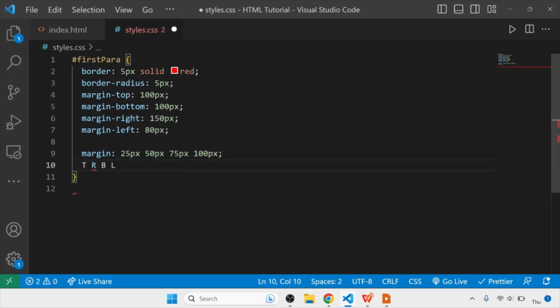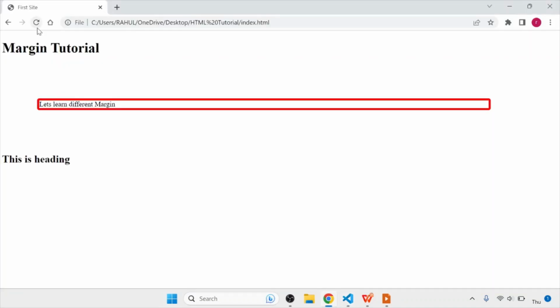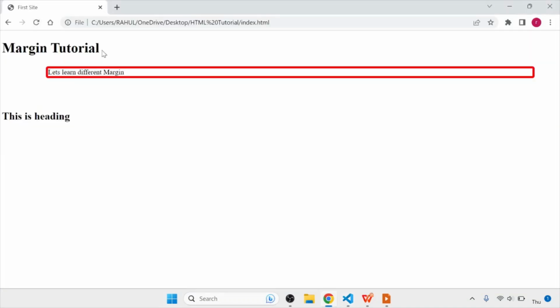I am commenting out all these 4 values because right now I have made use of the shorthand property. I am applying margins to all the 4 sides simultaneously in one single line. This is the shorthand. Once I save this and refresh the page, you can see the margin is applied. Margins of different values are applied as we have mentioned there. So this was the shorthand for applying margins.